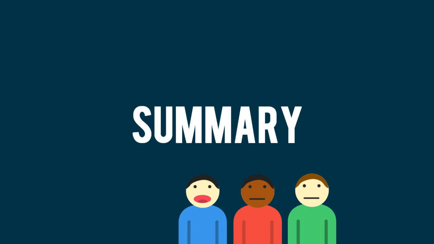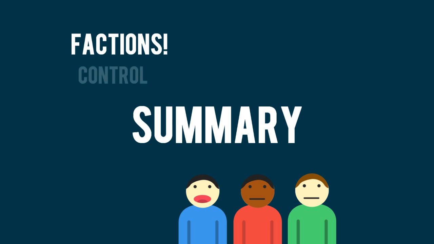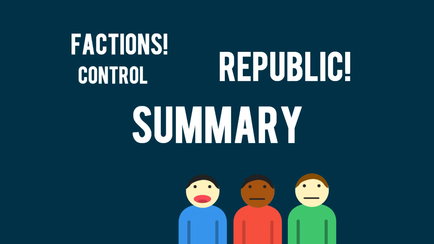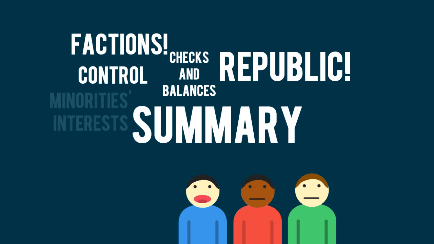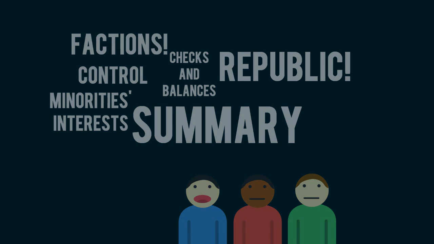In summary, Madison shows that factions, which are a bunch of people who have the same ideas or beliefs, are a part of America and that the government should control them to prevent instability. The only way to control the factions is through a republic or a representative democracy. This democracy, he claims, should have a system of checks and balances to make sure no one faction becomes too powerful. All in all, Madison wanted to guarantee the Anti-Federalists that the minority's interests would be saved with a ratification of the Constitution that we hold dear to our hearts today.